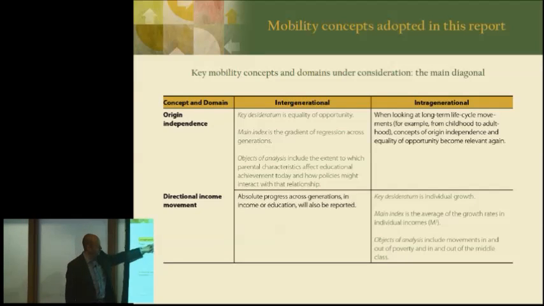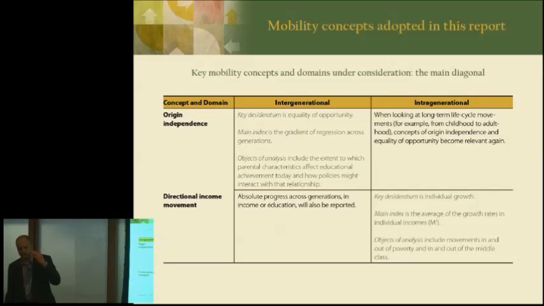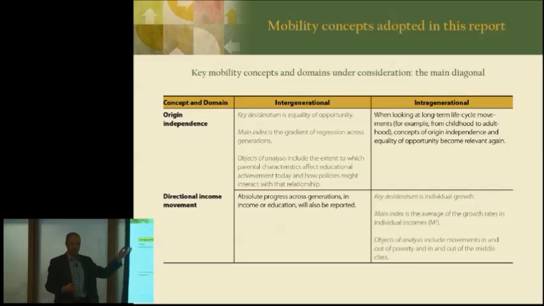And that is, on the domain, we want to look at both intergenerational and intragenerational. And of those 6 concepts, we're going to pick 2. One is origin independence, and we're going to focus on origin independence when we look at intergenerational mobility. The reason is that many people tend to think of intergenerational mobility as somewhat related to equality of opportunity, to this idea of how much your achievement in your life is independent from that of your parents. If that's what you want to capture by intergenerational mobility, then the concept you're interested in is origin independence,